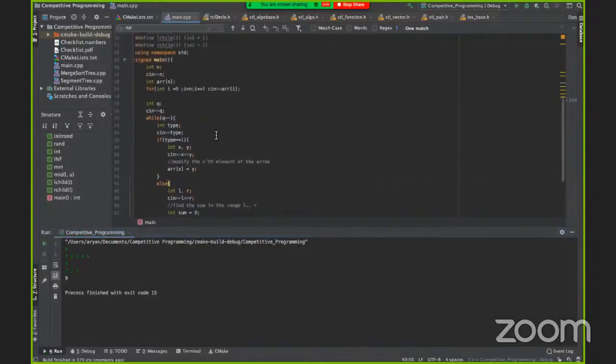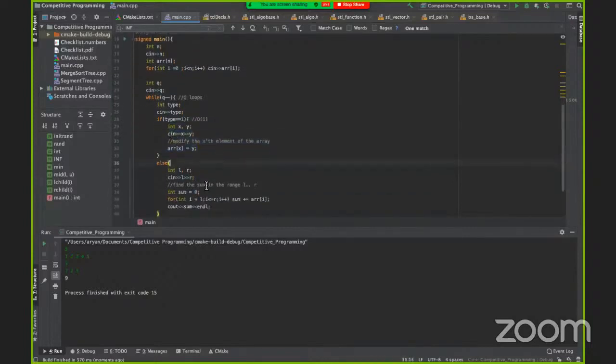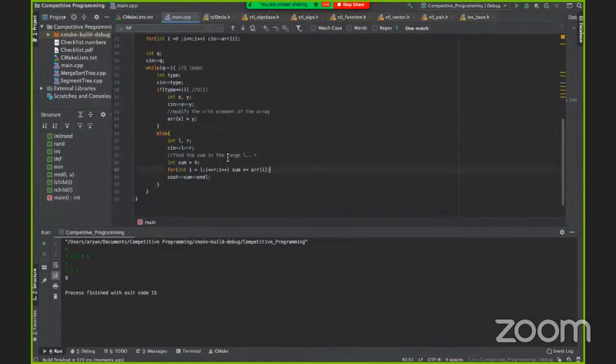Let's analyze the complexity for this. We're running q loops. This is an order 1 modification, right? And this runs a loop from L to R, and so R minus L plus 1 can be at most n, because there are at most n elements in the array, so they can ask for the entire array as a query.